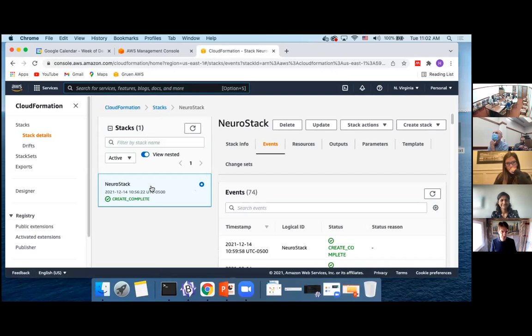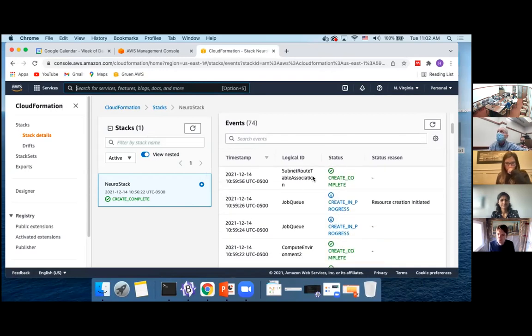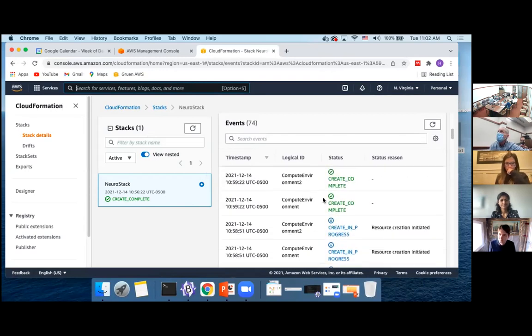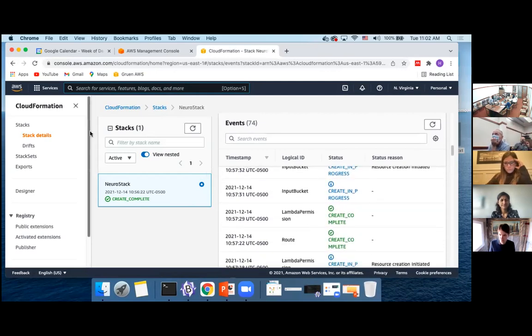Okay, so now you can see that the NeuroStack create is complete. And if I look at events and scroll through, you can see a log of it creating all of these different resources in my AWS